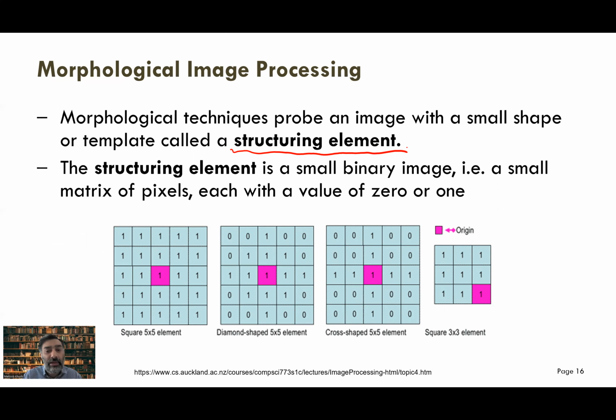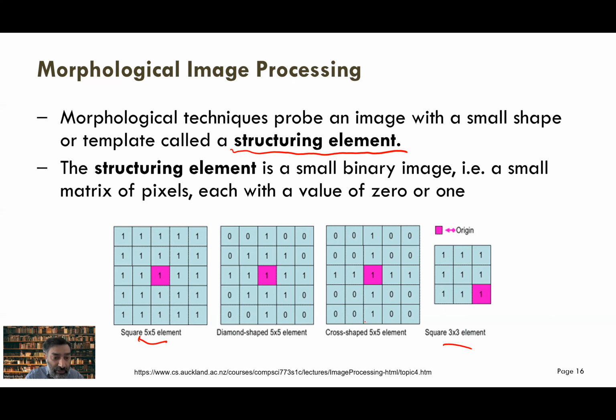Remember when we learned about the convolutional neural network? We said we use a small kernel or filter. It's the same thing here, but here we call it a structuring element. A structuring element is just a small 2D matrix. If you're processing a 2D image, it could also be a 3D element. So basically for processing one channel, you have a small matrix. It could be 5 by 5, it could be 3 by 5,